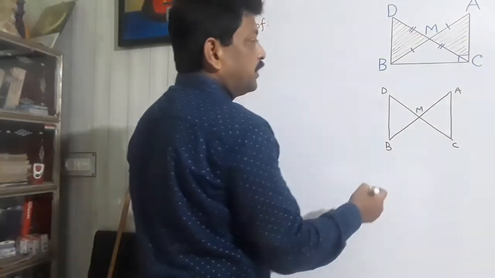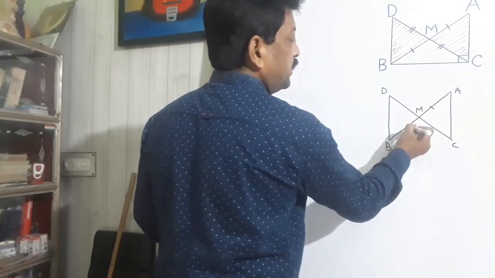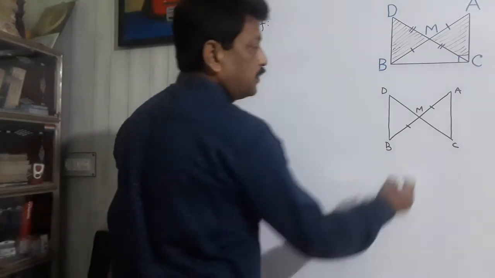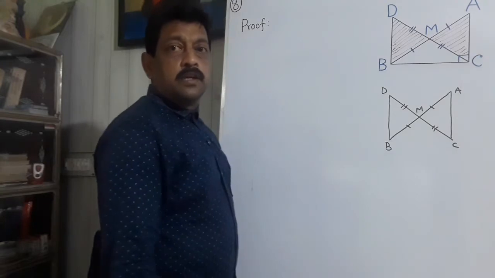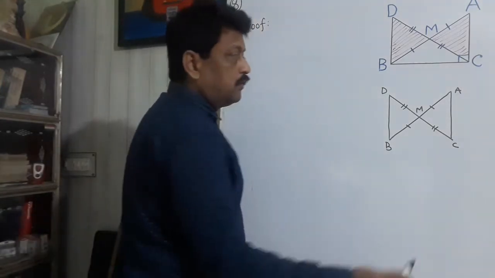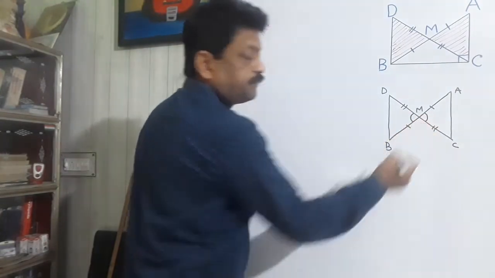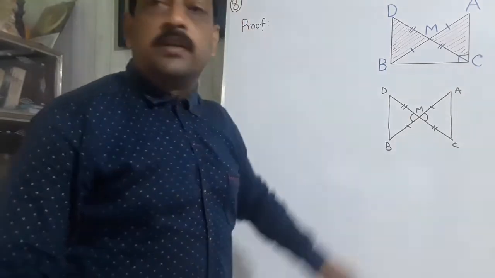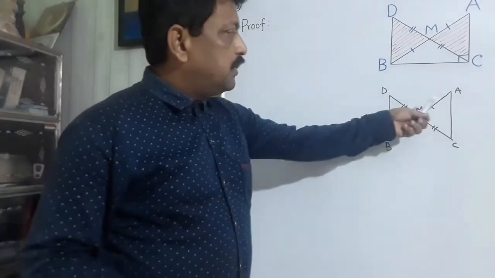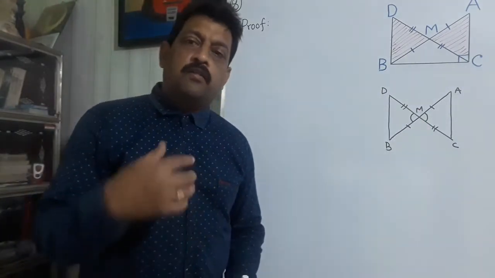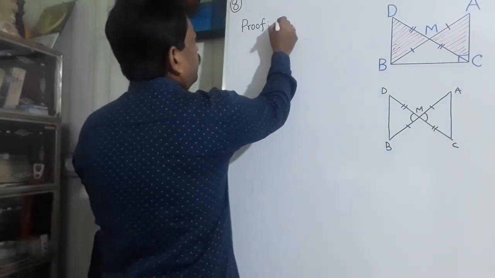Now quickly look at the main diagram. What are the things we have already got equal? That is AM equals BM because M is the midpoint of AB. CM equals DM, it is already given in the question. And the third point of equality, it is all known to you. See this, everyone knows this. All of you know that these two angles are equal and they are known as vertically opposite angles. When two lines intersect with each other, the vertically opposite angles are always equal. So we have got all the 3 points.